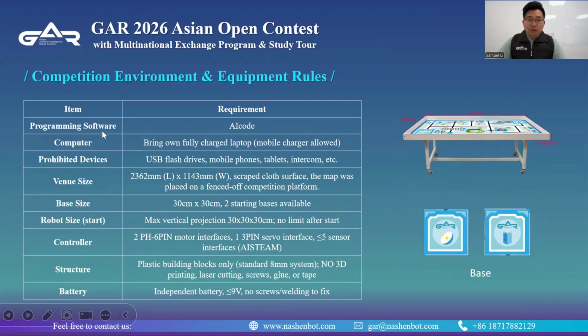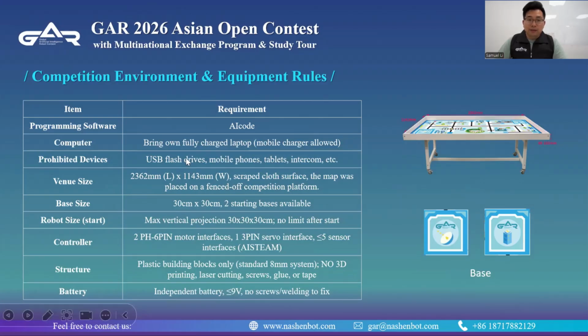For programming software, all contestants must use AirCode. Teams can bring a fully charged laptop, and you also need to bring the charger to recharge during the competition.